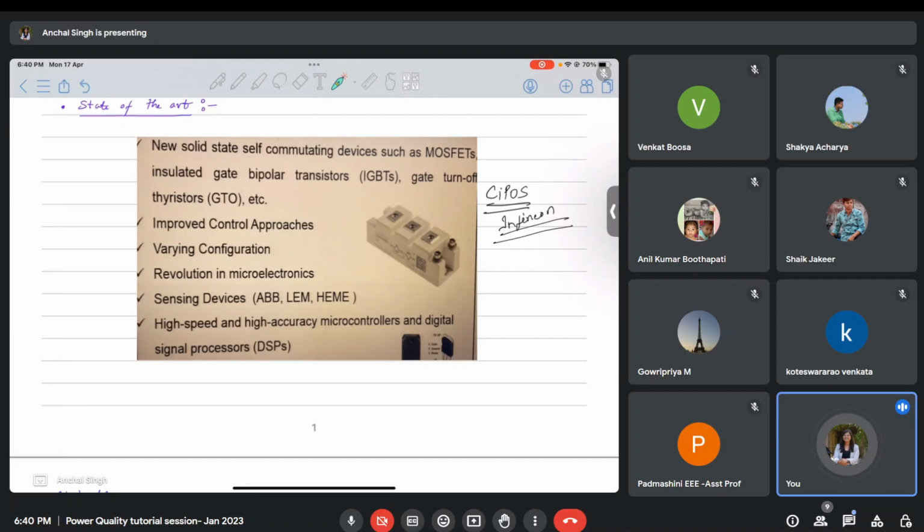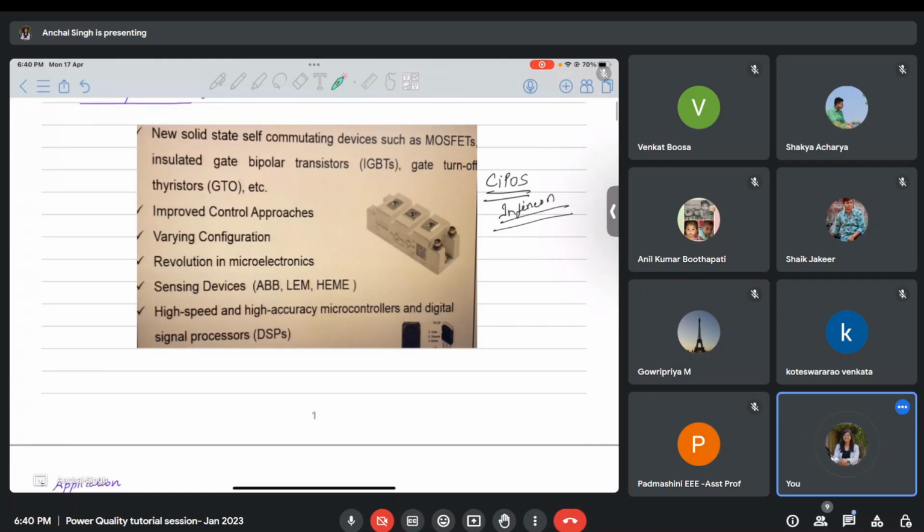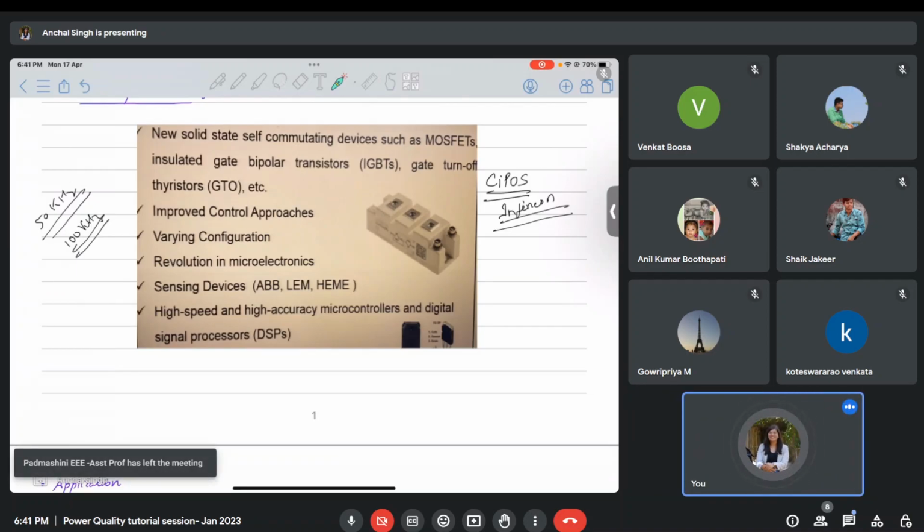In a similar way, if our sensors are not accurate, if our sensors are not able to measure high frequency noise, say I take a sensor in my system that has 50 kilohertz of bandwidth, and I am using that sensor in order to detect a noise which has a bandwidth of 100 kilohertz, my sensor will not be able to detect it, right? It will show that there is no noise, but actually in that system there will be noise. So therefore you have to take care of all these things. Which sensor you choose for your application is a very important task that we normally neglect in many cases. So you have to take care of these things when you are doing a proper design.